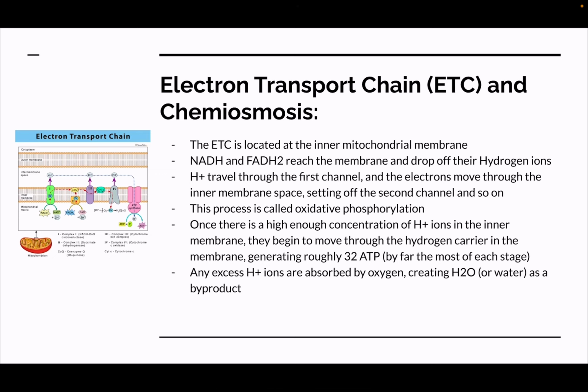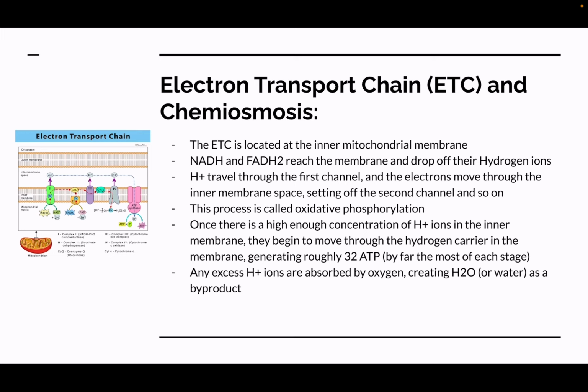Okay, now for the final part of the process, which is the electron transport chain and chemiosmosis. So the electron transport chain is located in the inner mitochondrial membrane. That's kind of the space between the wall and the central part, which is the mitochondrial matrix. So all these NADH and FADH2 that we've collected from glycolysis, the link reaction, and the Krebs cycle, these essentially are going to come over to the mitochondrial membrane, the inner membrane,